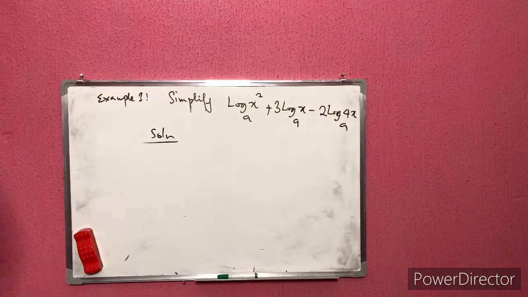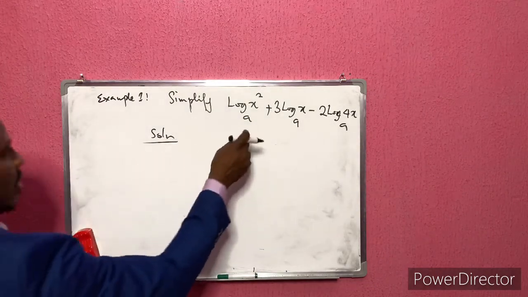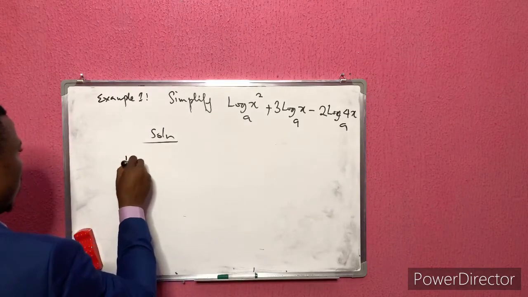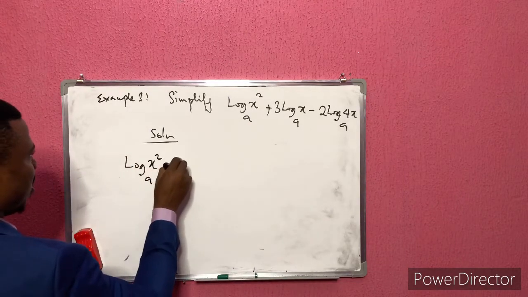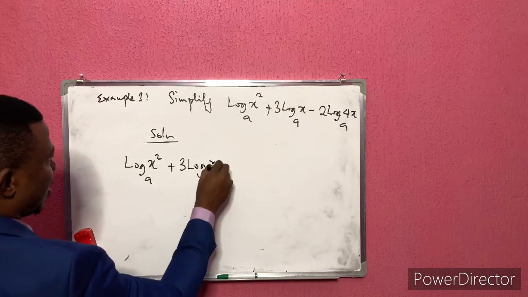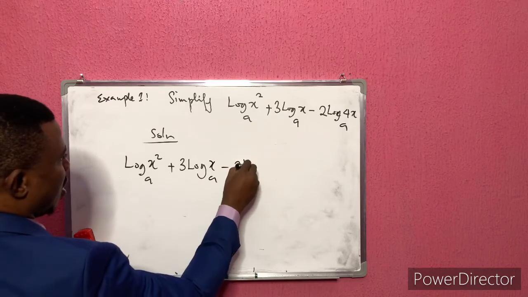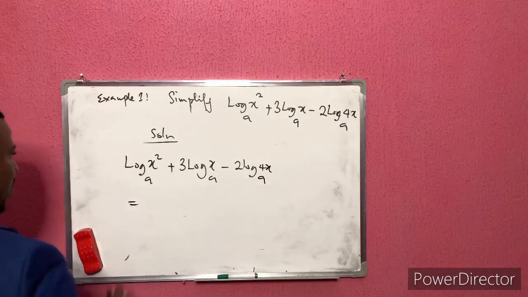Solving this is very easy. You see, log x squared base a plus 3 log x base a minus 2 log 4x base a will give you,